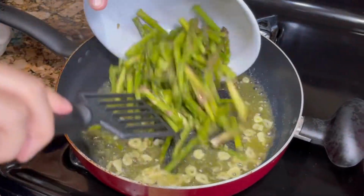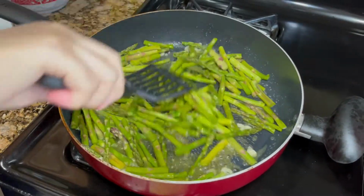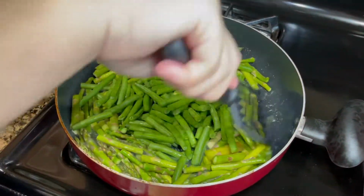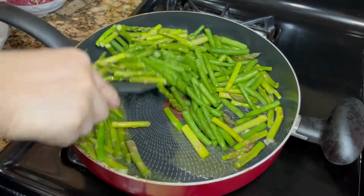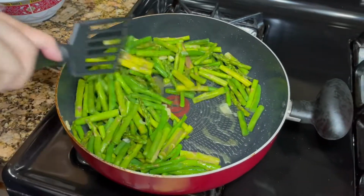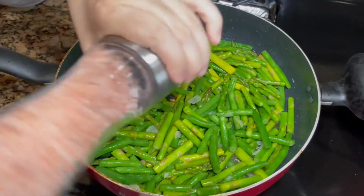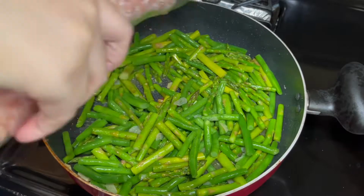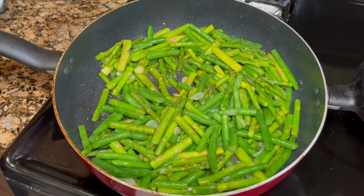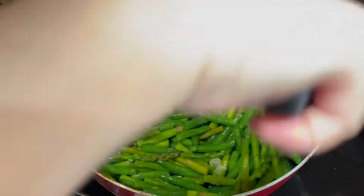Now we're going to add the asparagus and the green beans. Saute the asparagus and green beans for about 2 to 3 minutes. We're going to add a little bit of salt. Now if you like your vegetables crunchy, you can saute them for 2 to 3 minutes. If you like your vegetables a little bit more well done, you can continue sauteing them for an additional 2